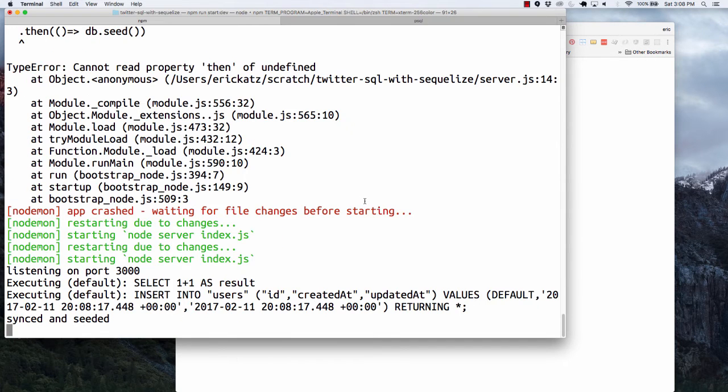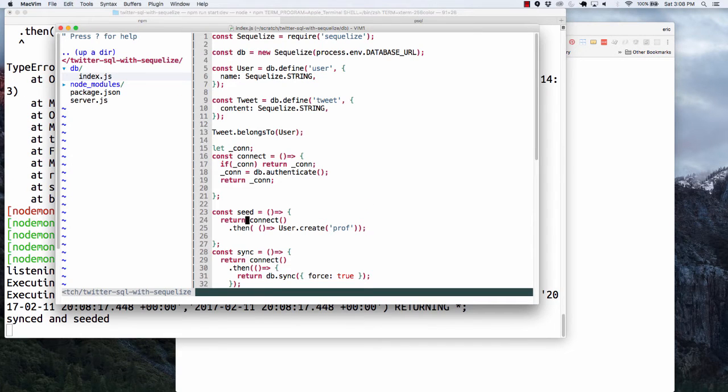So what I want to do here is I'm seeding, I'm creating this user. Not only am I going to create this user, but I'm going to do a then. And what happens here is that when you end up calling create, if you're successful, what do you expect to get back? A user, right? Not a row, a user. You have your model, but when you end up creating something, you get back a user. That user should have a name. That user should probably also have an ID,